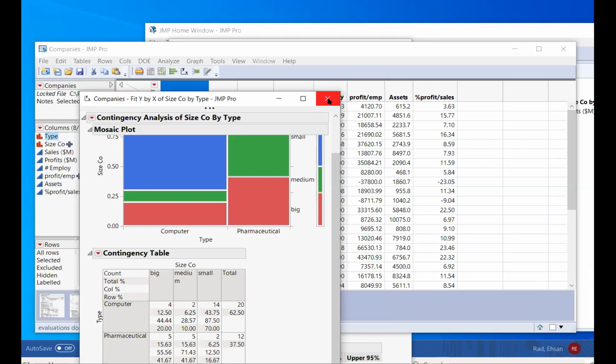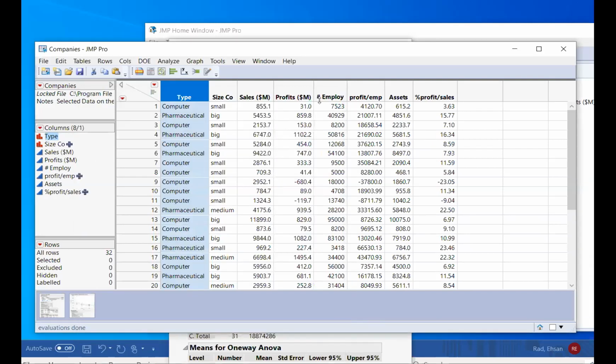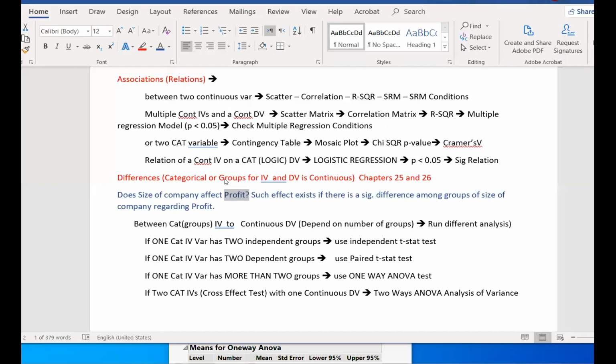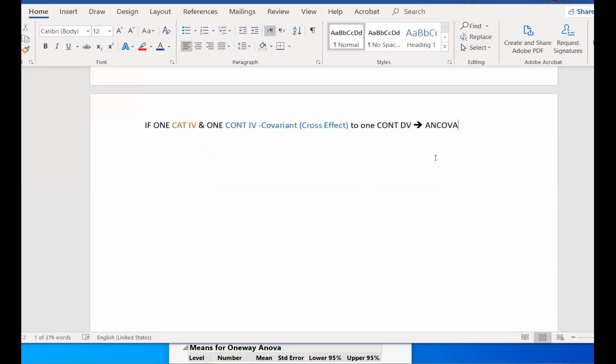But what do we do at the end? So let's say we have completed all these analyses, and we already know which variables have a significant effect. What would they do with it? At the end of the day, assume. So we are assuming, okay? It's not actual reality. So assume that